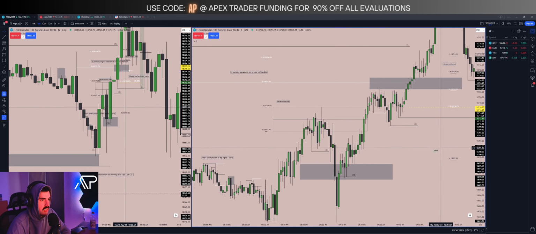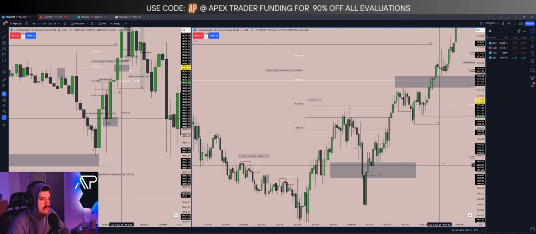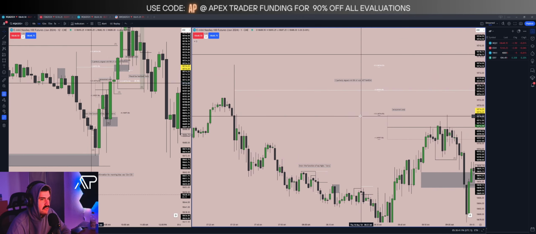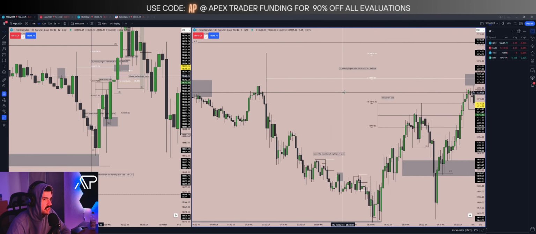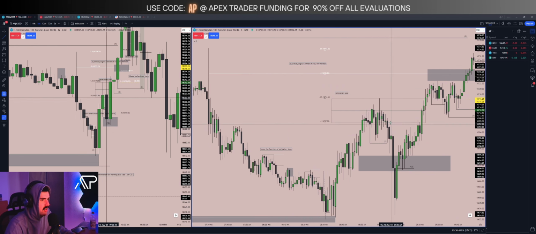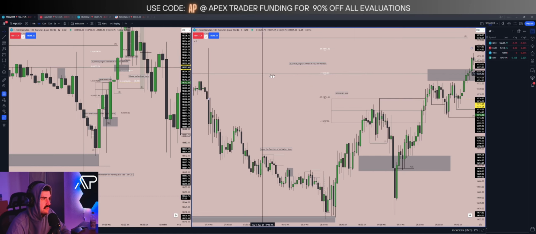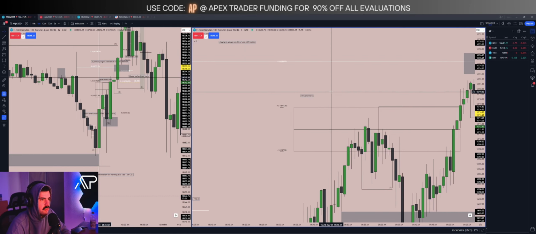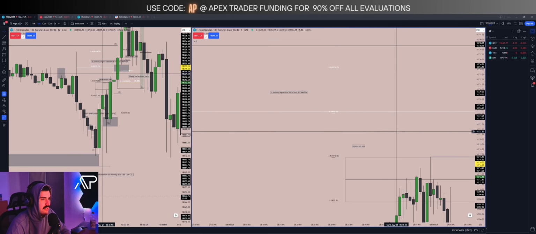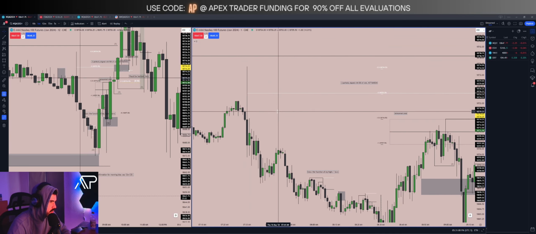Obviously, we get entry, and then I'm trimming position at the 50% of this wick. And I'll tell you why the 50% of that wick is because of how well this lined up with that standard deviation. If I did not have standard deviations plotted here, I would have been taking off at this high right here. But since I had these standard deviations projected, and if you look, if I zoom in, you should be able to see this -2 lines up almost exactly with the 50% of this wick, which is what a hidden S&D